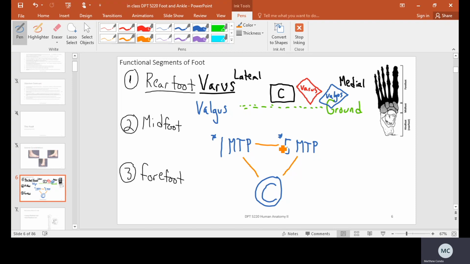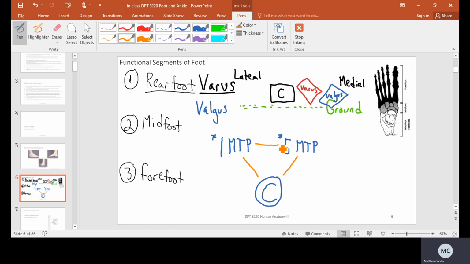Every time I take a step, I need those 3 points of contact on the ground. The reason I need those points of contact is that when I go through the gait cycle, and we're going to start covering a lot of gait,